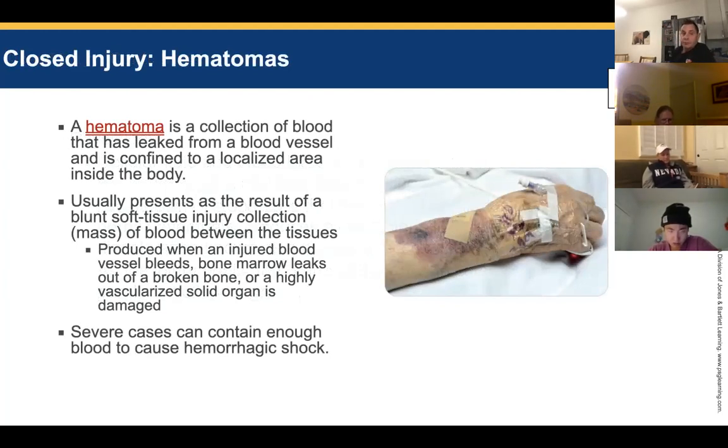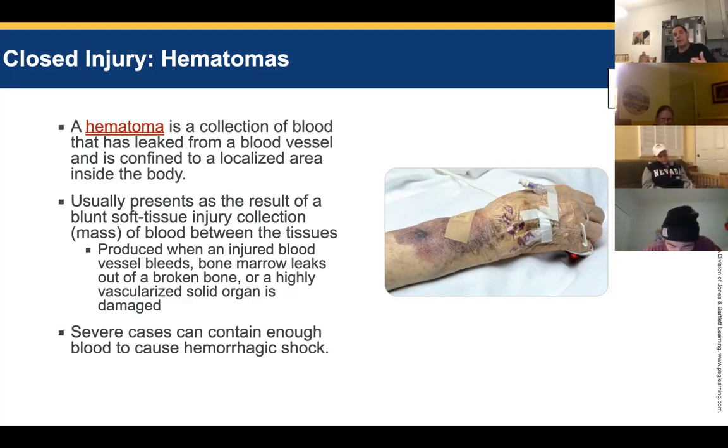Hematoma is a collection of blood that has leaked from a blood vessel and is confined to a localized area inside the body. So you see the arm here with the IV, and that it's not a good IV. So some of the blood from the vein is leaking into the skin. Common, something you'll see, but